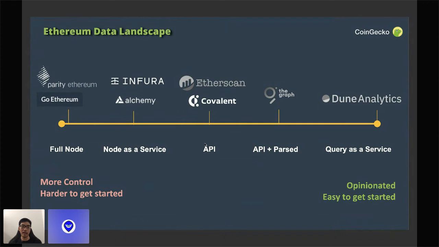But I can imagine that when the network launches and when there are incentives and stuff like that, more and more people will start to write subgraphs for The Graph. But that really depends on how things go when it launches. And for Dew Analytics and The Graph, both of them have a pretty vibrant community that contributes a subgraph or a module in order to give users the kind of data that they want.